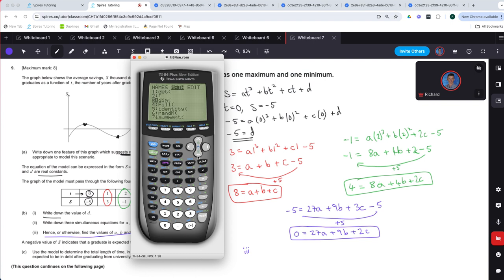Okay, so back to matrix, to math, and then RREF, and then we have to put in the matrix that we used, so we go back into matrix, and we want this one, so we just click enter, close the bracket,